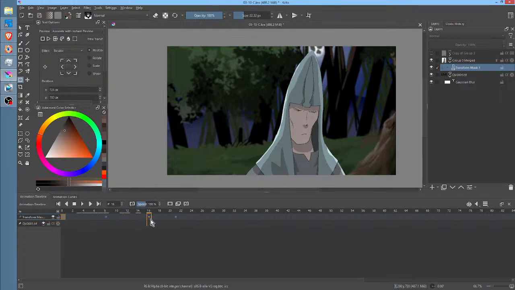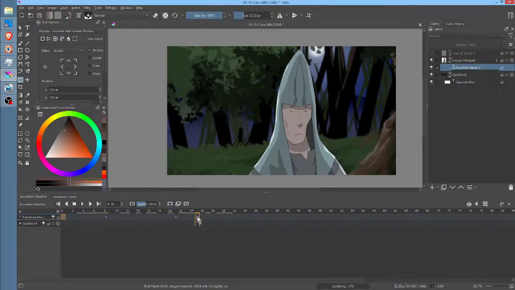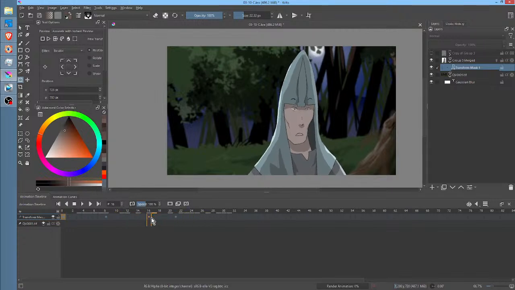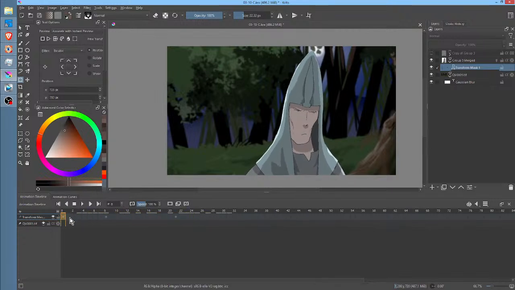Okay, so right now the animation cache has not refilled because it's not refilling in the background. That's one of the things I was ranting about yesterday. So what happens is I have to scrub it a bit to sort of wake Krita up to go ahead and calculate the animated keyframes. You can see these little bars here turning gray. The fact that it doesn't do it in the background, even though the preferences say that you can tell it to, it never has.